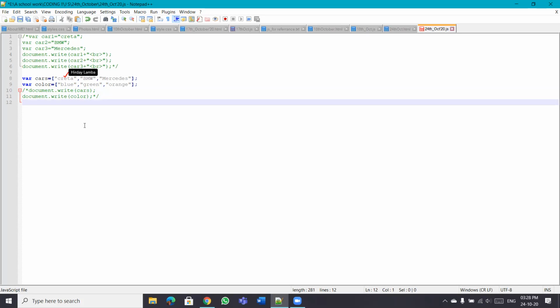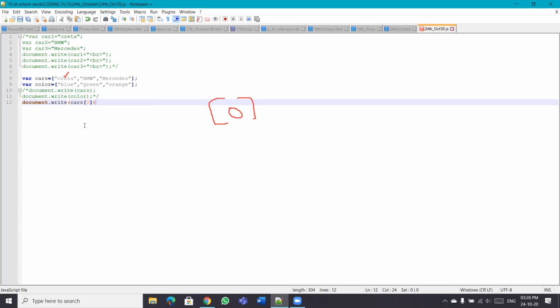So we'll say document.write, then give a round bracket, give the name of the array, cars, then give a square bracket and put 0 inside it.